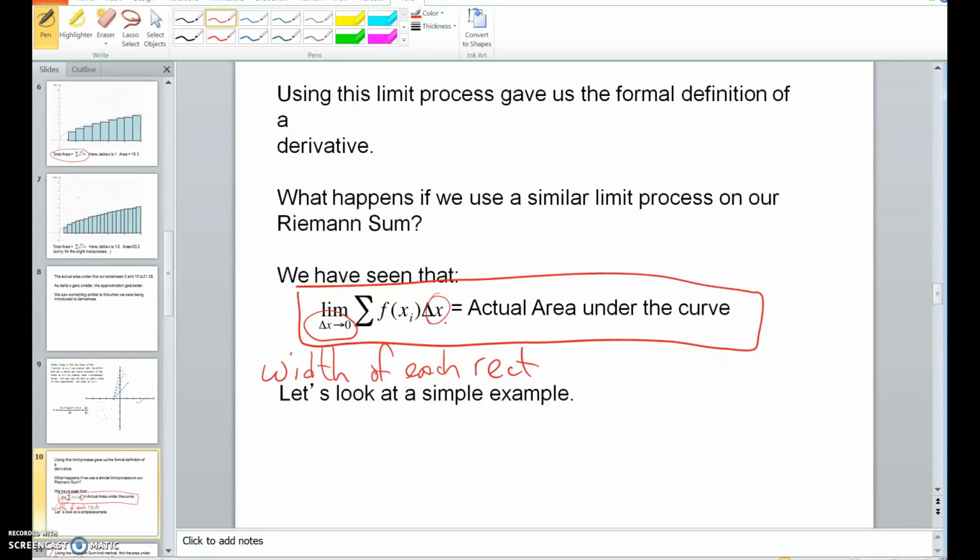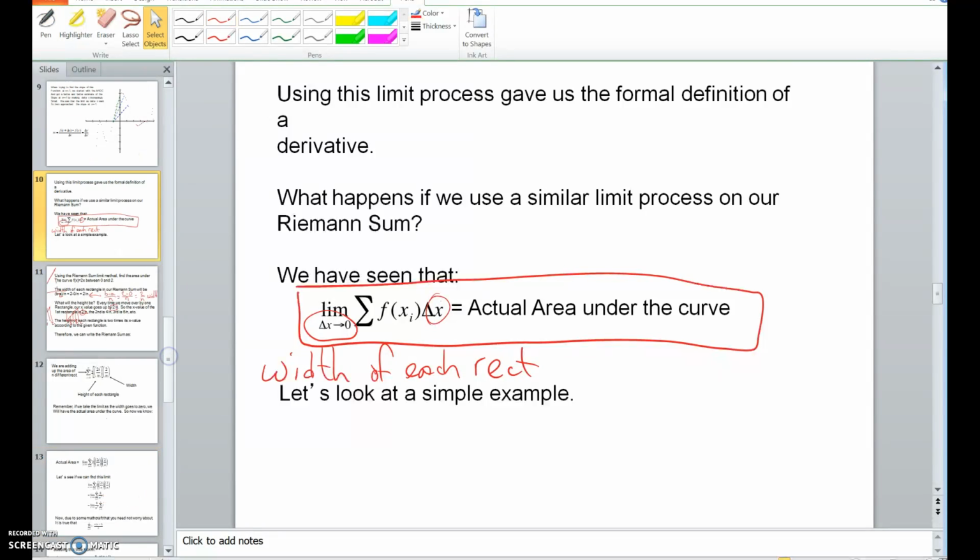There's an example in this PowerPoint of how to go through a process for a very simple function. Even doing the formal definition of integral for a very simple function is actually very complicated, and I don't want to get into it in this video. I just want to go over some of the basic notation. Please feel free to take a look at it if you want. We'll talk about what you need to know from it in class. But anyway,